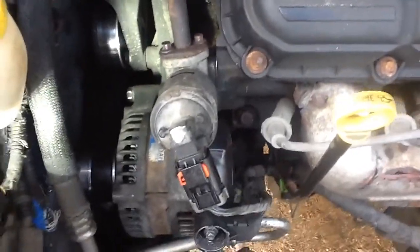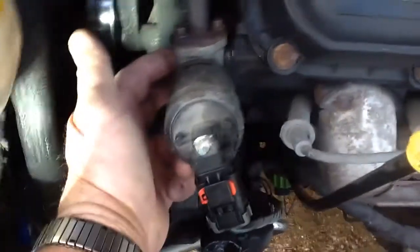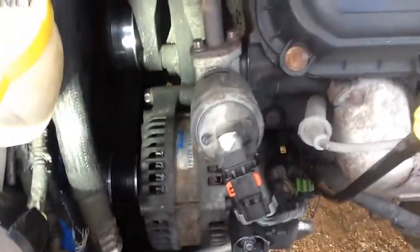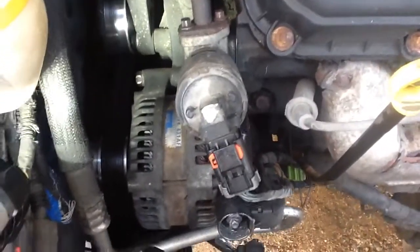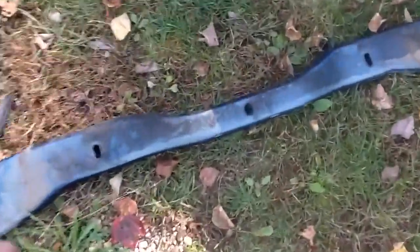But anyway, what I started to do is take this thing apart, and I found out that this EGR valve bolts, the ones down under here, I was really reefing on them, and I was afraid I was going to snap them. So instead of doing that, I ended up taking out this crossbar,